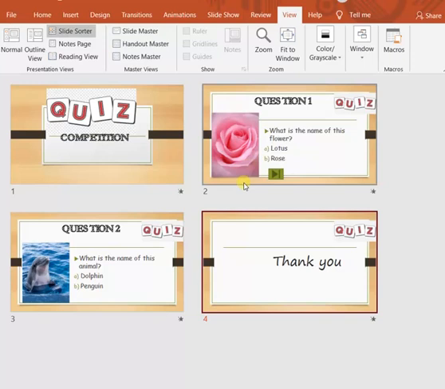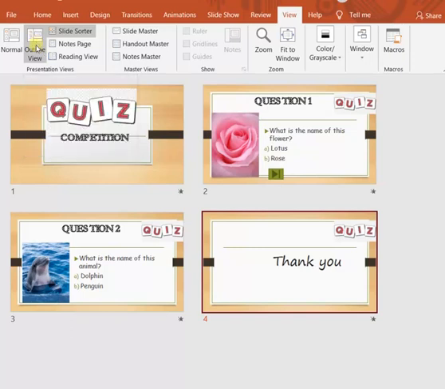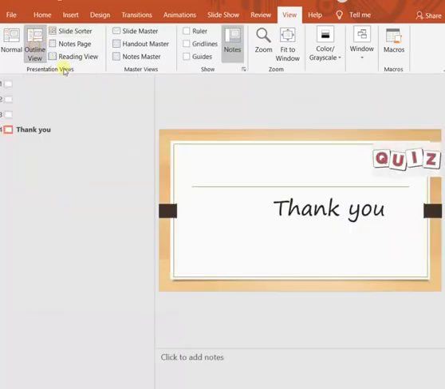Next is outline view. For outline view, you have to select outline view from here. Click on the outline view, and you will see it is just like normal view. The difference is that on the left side, the thumbnails or previews of the slides will not be there.